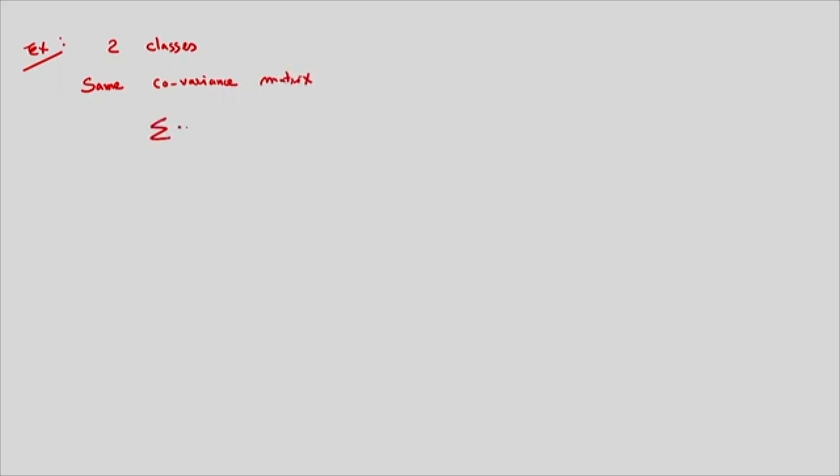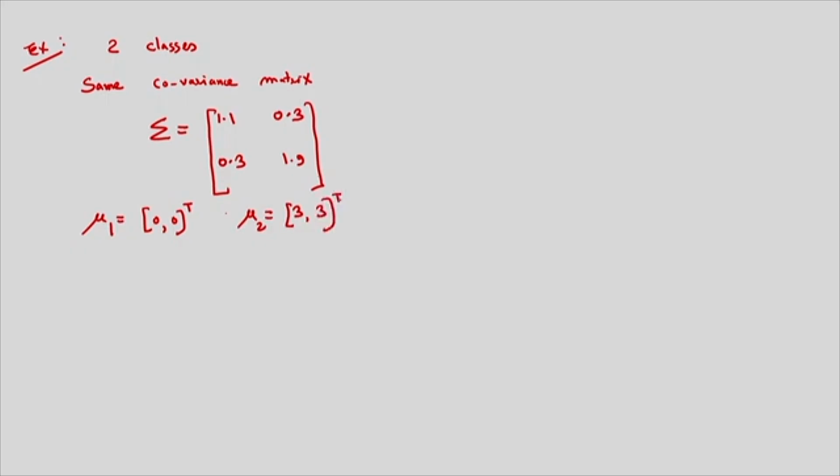The covariance matrix is sigma. Suppose it is 1.1, 0.3, 0.3, 1.9. This is the covariance matrix. Corresponding to the first class, the mean is mu1, and it is the vector 0, 0 transpose. The second mean is mu2, with value 3, 3 transpose. Now the problem is we have to classify